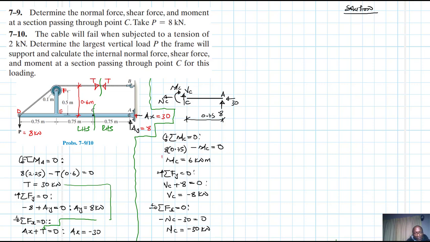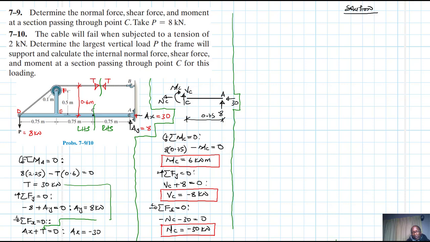So we found MC, which is a positive moment at C. We found shear as a negative shear at C. And we find NC, which is an axial force, also negative, meaning it's in compression. Alright, so with this, we can move on to part 2,